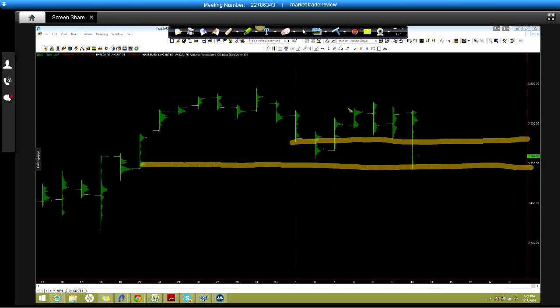So this ended up being the top, right? And I was talking about how at the tops, we would often pop above like this or pop below like this and then push back into the zone. Well, that's kind of exactly what we got today, right? We pushed up to the top of the zone, but that